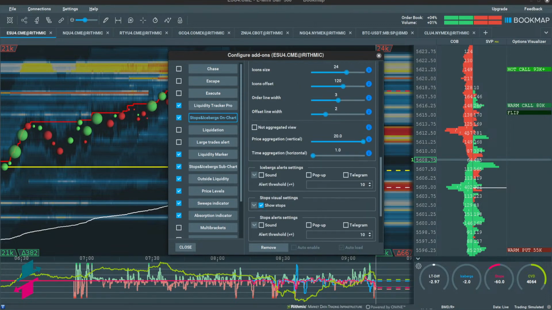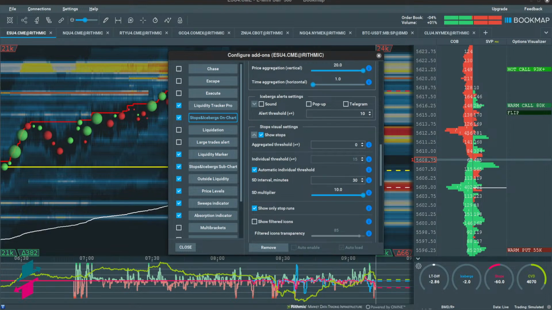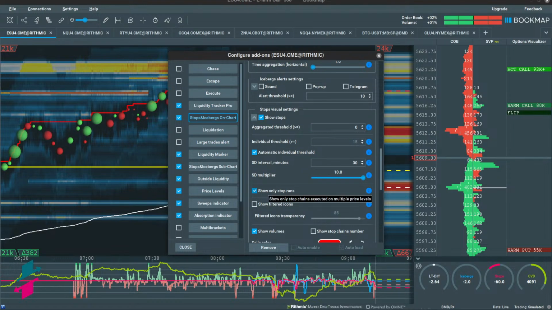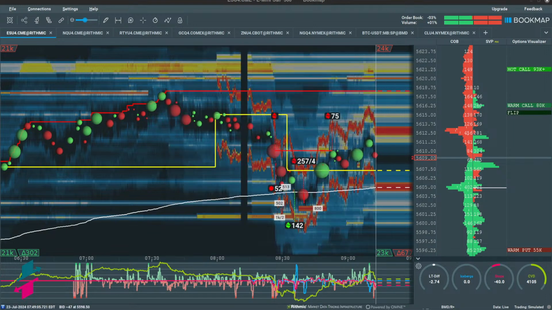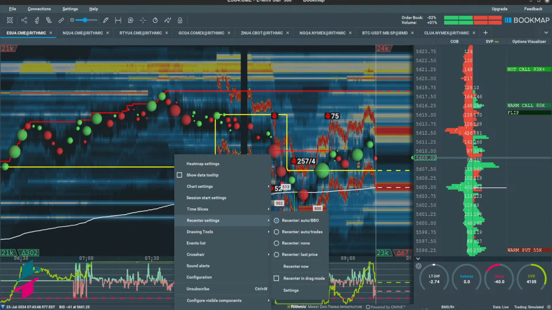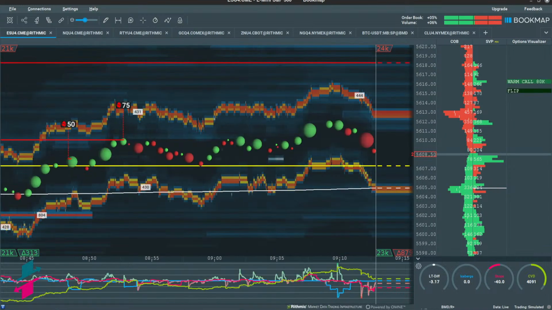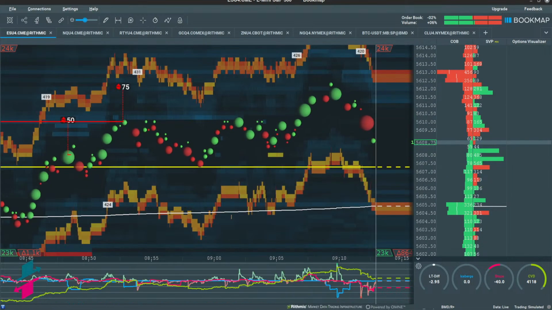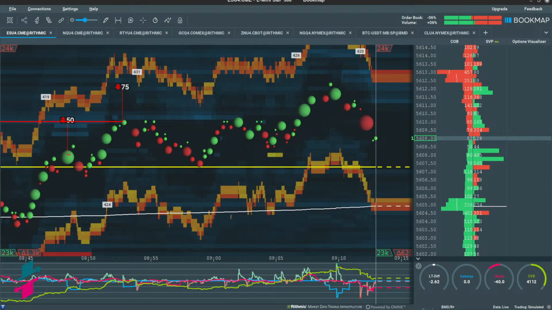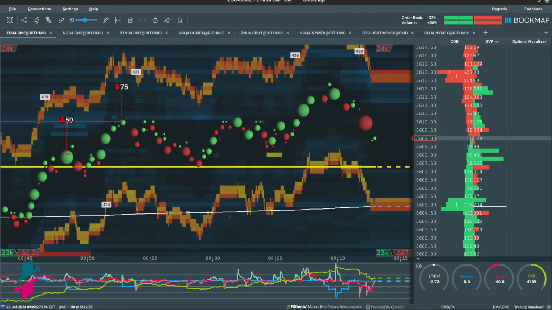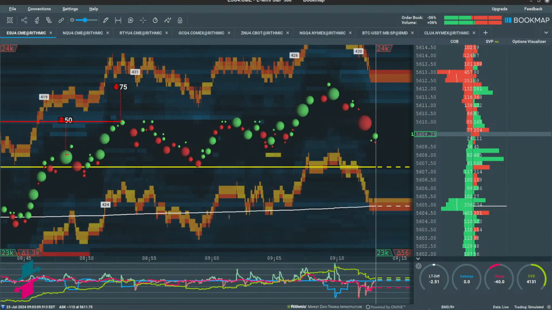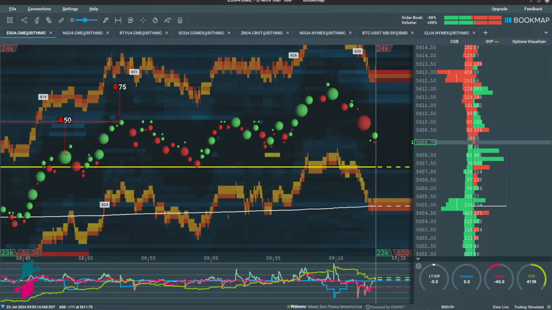The other thing that I do with my stops on the main chart is I only show stop runs. I also get rid of the filtered icons. Now, for me, this helps because I have a very clean presentation where the only time I'm really seeing stops and icebergs is when they're meaningful, right? So this is a pretty important part of how I optimize my screen, and I do that across a number of the different settings that I use. Similarly, only really looking for extremes to find areas that may be